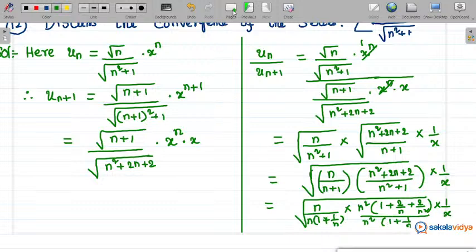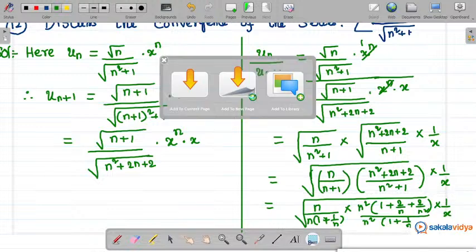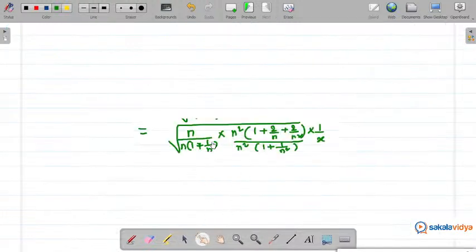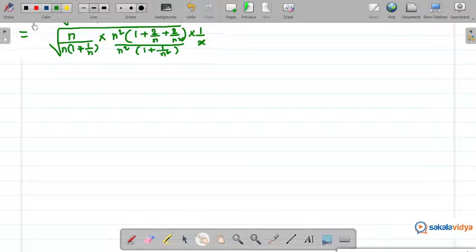So let us write in the next page. So now you will take this one here to the next page. Right, this is the next page you will be getting. This is the value, actually un by un plus 1 value. So what happens now? Here n square got cancelled, n got cancelled. So by D'Alembert's ratio test,